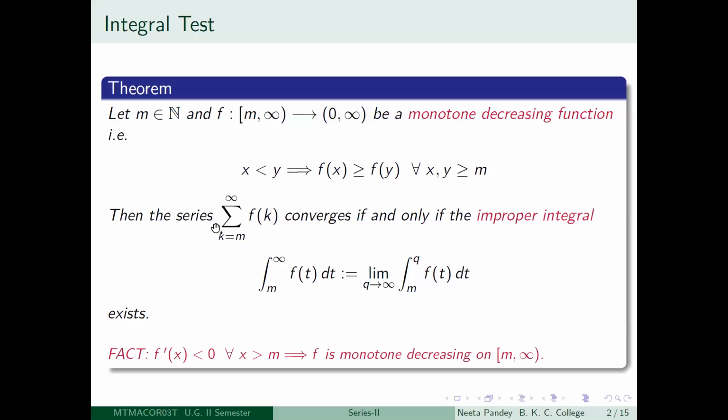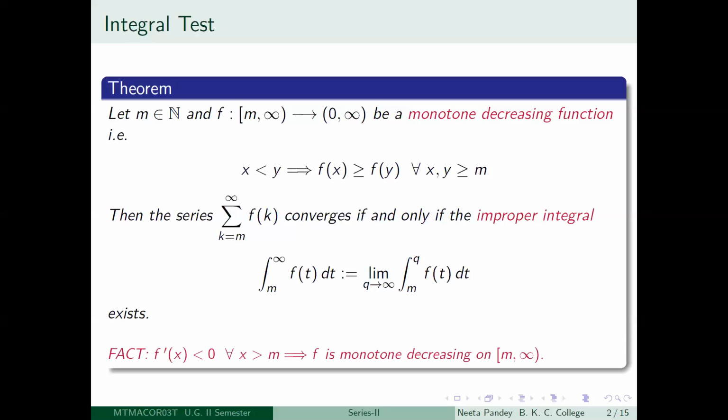So only two possibilities are here. Either the series will... again, the reason is easy to see, right? Because we had discussed this in the last lecture on series, that if you have a series of non-negative terms, which you will have here, because f(k) are all greater than 0, then this series is either going to be convergent or it is going to diverge to infinity. Your integral test is telling you that the series is convergent if and only if this limit is finite, and this series is going to diverge to infinity if and only if the limit is diverging, that is, this sequence is actually diverging to infinity.